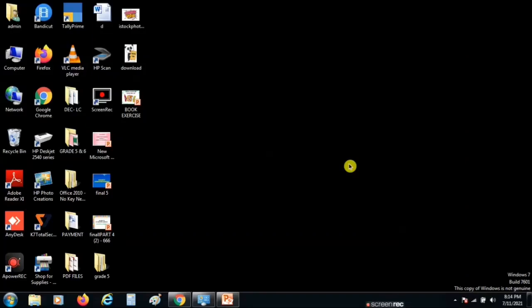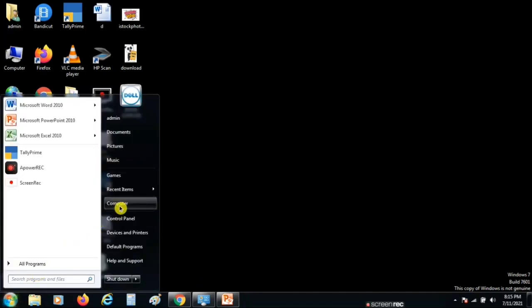Okay, students, now we will see how to change the taskbar settings. Did you see down here? This is called the taskbar. On my desktop, the taskbar is at the bottom of the screen. In the right hand side corner, this is called the notification area, and this is the taskbar. Now just see how to change the taskbar setting.